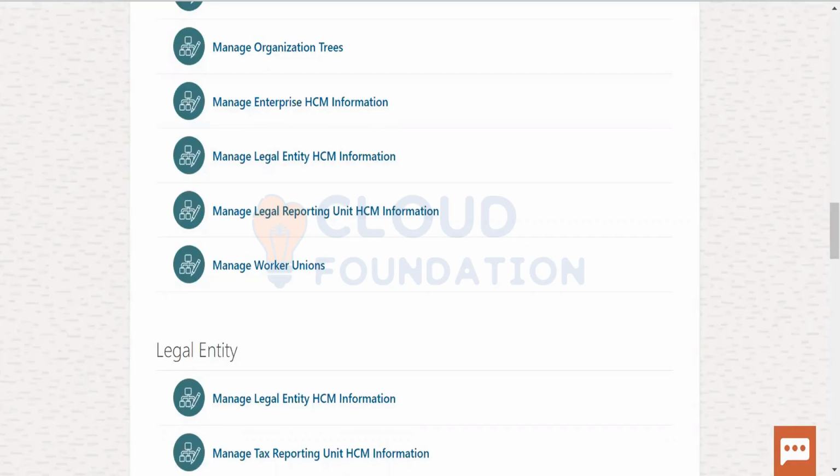I forgot payroll statutory unit. What is payroll statutory unit? It is when we talk about payroll flow. It is also a part of legal entity, but where the payroll of the company is involved, where we pay employees. That is called payroll statutory unit. You got my point, yeah.